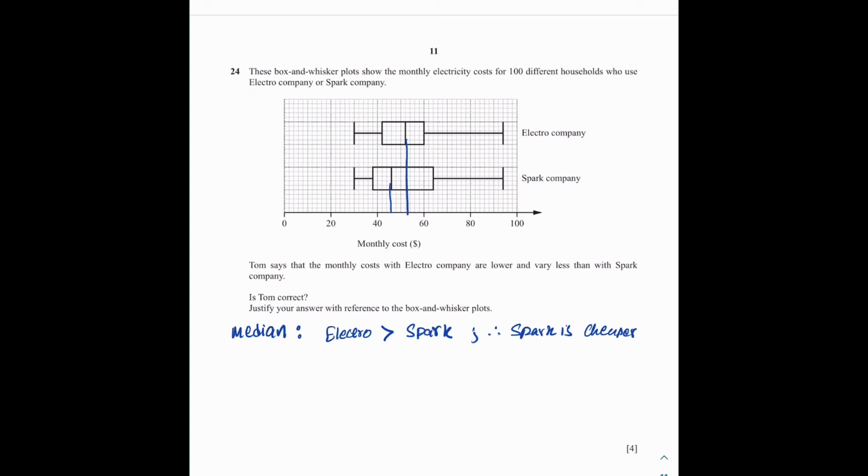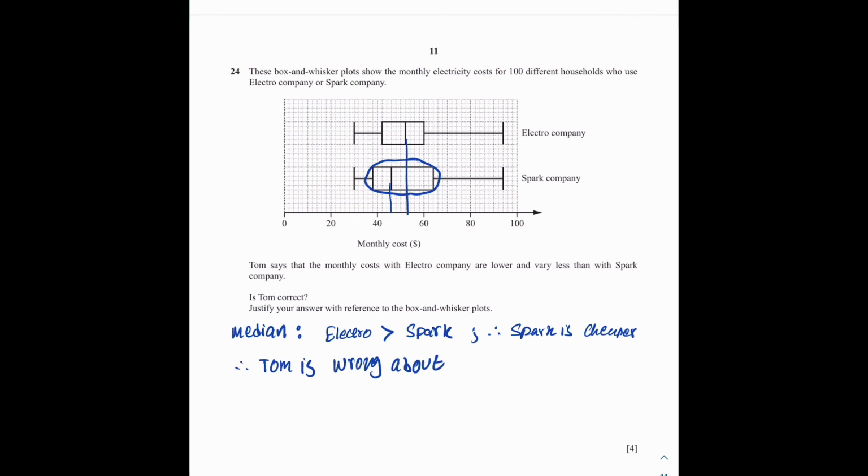But the IQR, which is this range, is greater for the Spark company. So therefore, Tom is wrong about